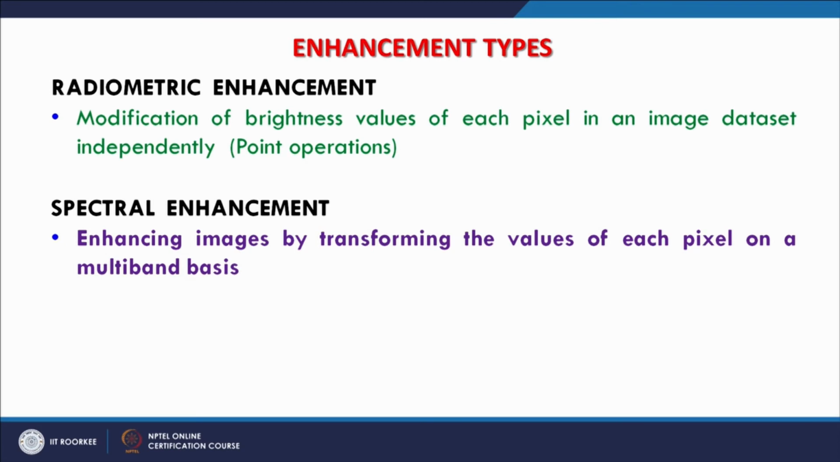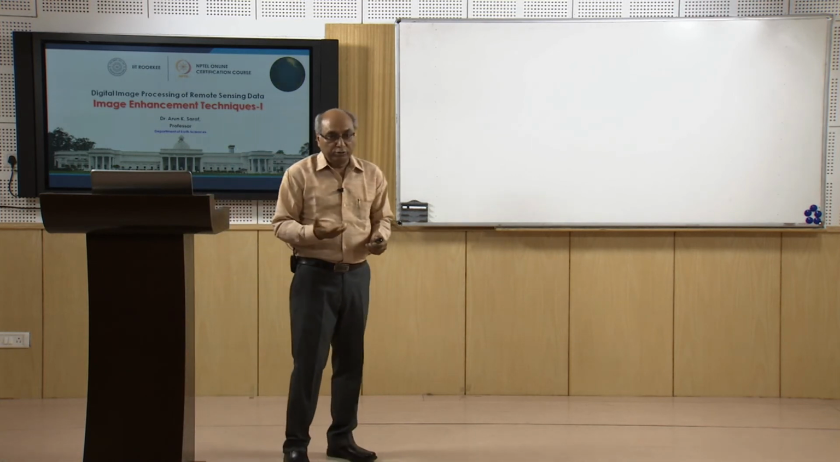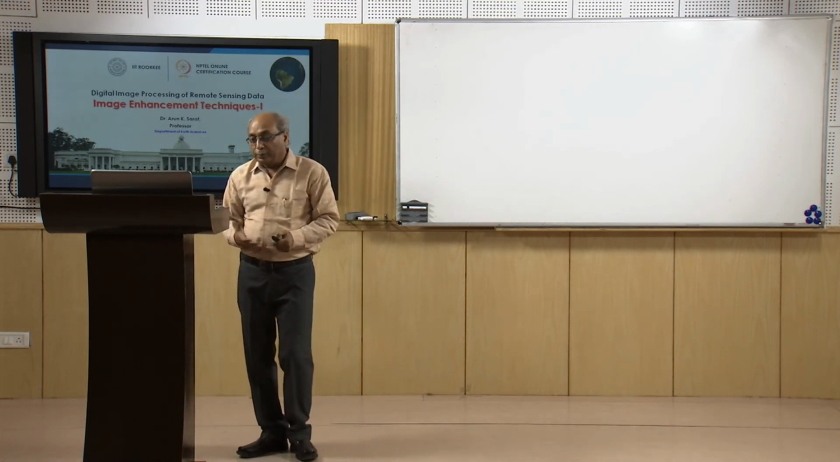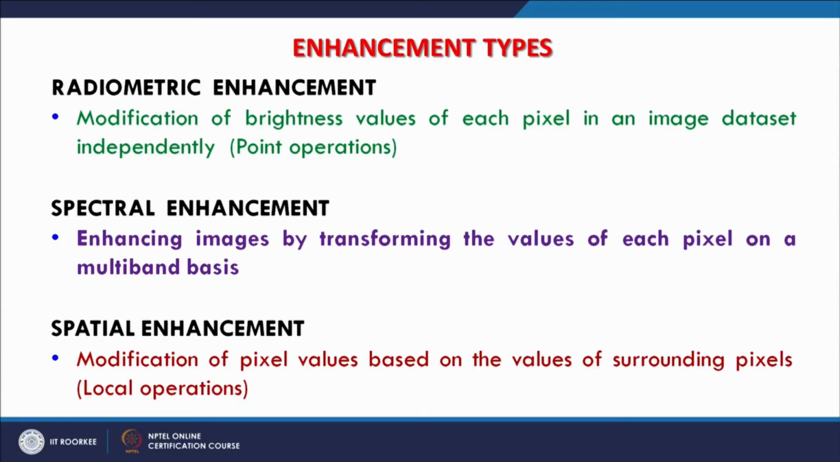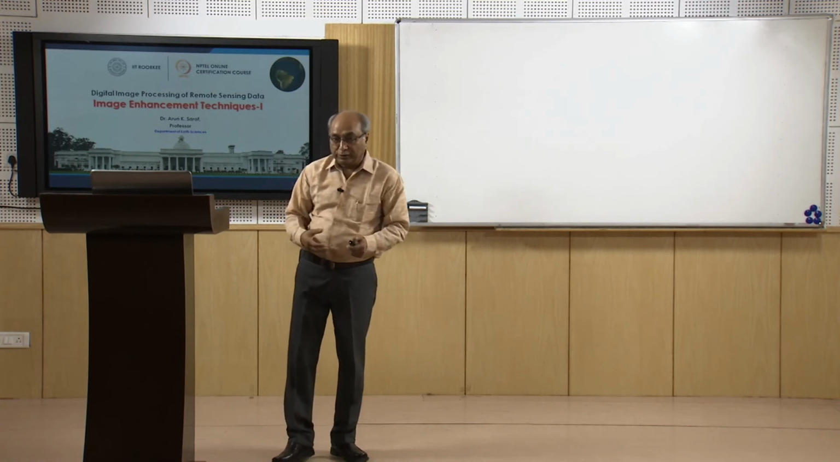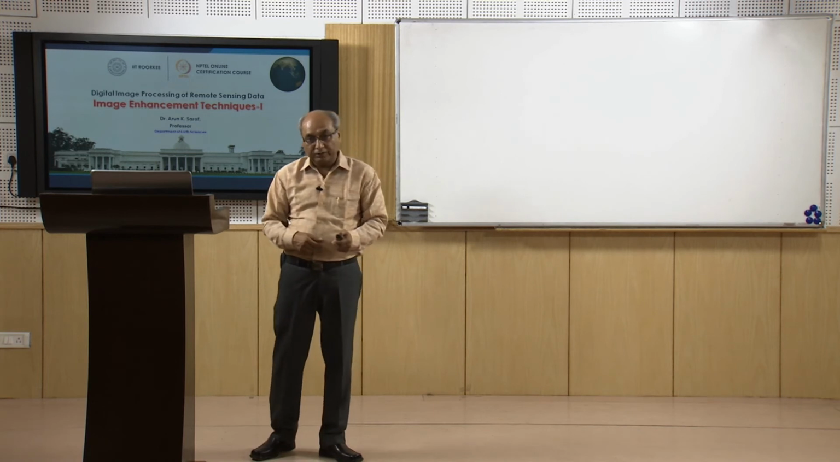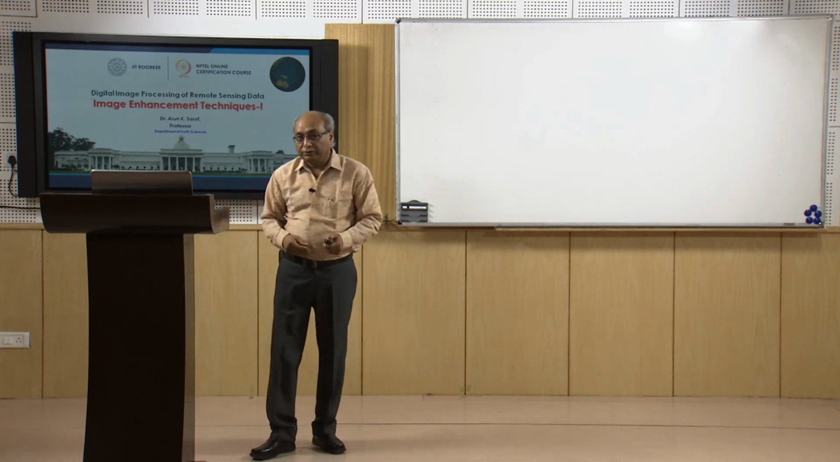Spectral enhancement is more common, which is enhancing images by transforming the values of each pixel on a multi-band basis, because we will not be working on one single band but on multiple bands using multispectral data. And spatial enhancement is the modification of pixel values based on values of surrounding pixels, that is, local operations. In case of missing pixel values or operations like spatial filtering, we use the values surrounding a target pixel and then modify the pixel value